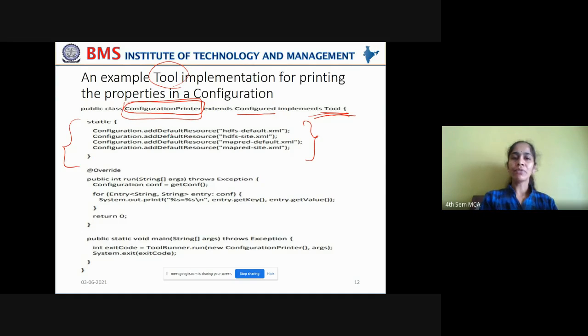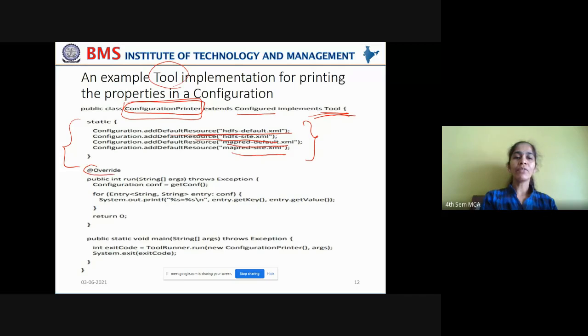You are adding the default resources provided by HDFS default, and HDFS site. hdfs-site.xml indicates site specific properties. Default indicates all the default properties and site, hdfs-site.xml, indicates all the site specific properties, that is, cluster specific properties. And mapred-default again has the default properties and mapred-site.xml again has the site specific properties.